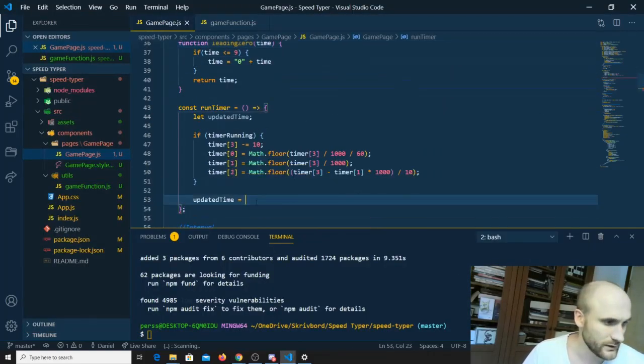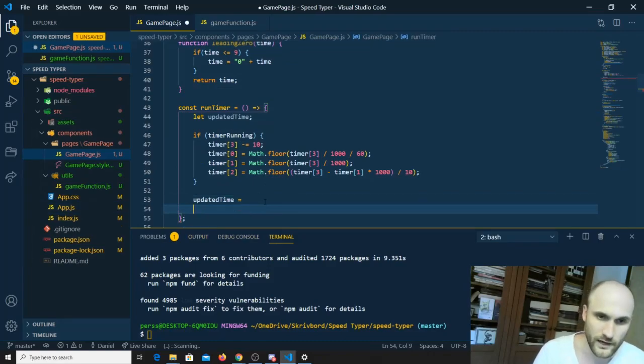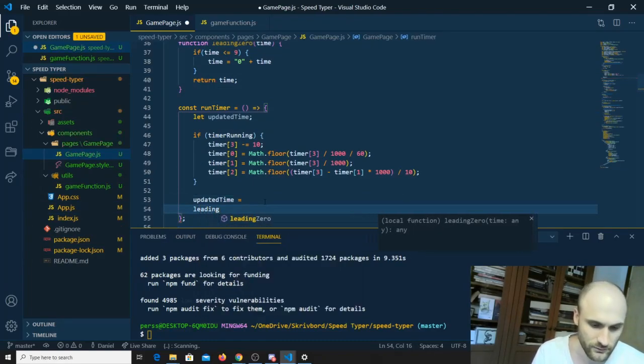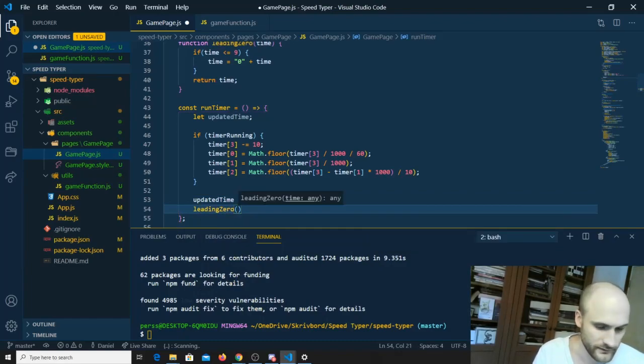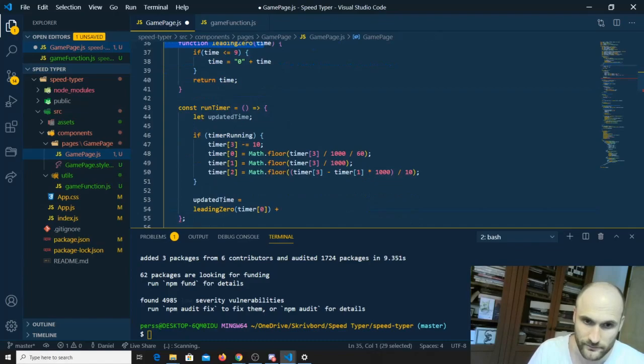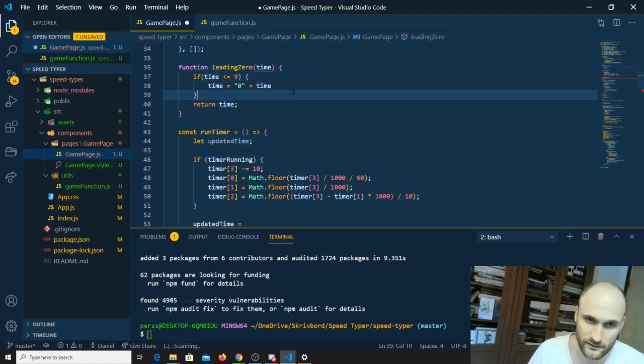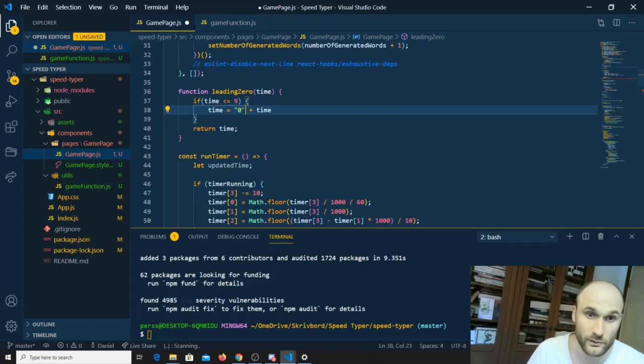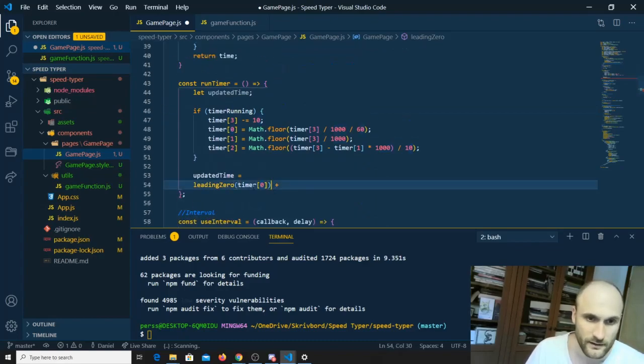So down here we're going to do an output for this. We're going to do leadingZero, and then we're going to put in the timer and the first part in the array, which is the minutes. So that's timer here, the time that we get in here. Since that's 1 in the beginning and then gets to 0 and to 0, we're always going to see a 0 in the beginning. So you take the leading 0, and then